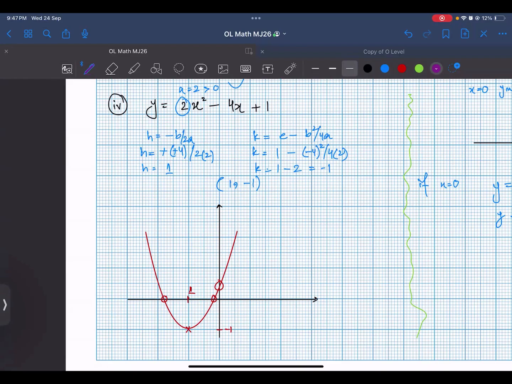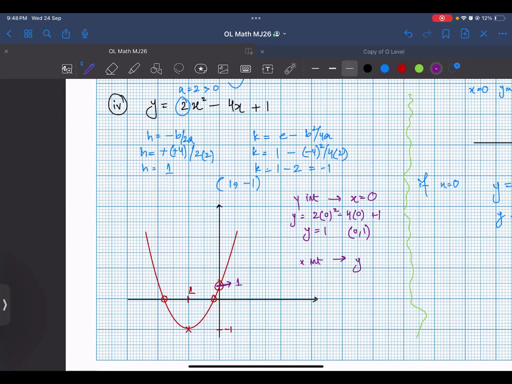So you need the y-intercept. I told you, for the y-intercept, your x will be 0. Always. Whenever you want to find the y-intercept, your x will be 0. So you have the same equation: 2 times 0 squared minus 4 times 0 plus 1. So this will be 1. This means this point is 0, 1. And if you want the x-intercept,